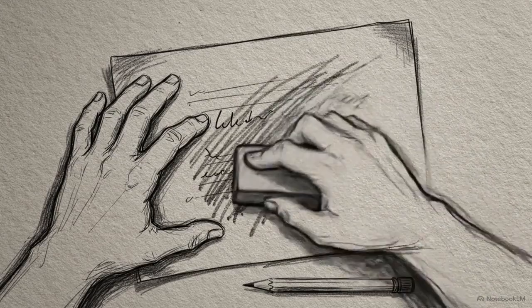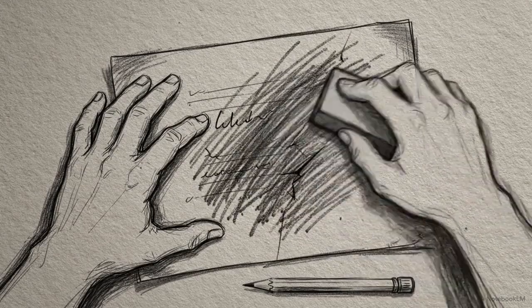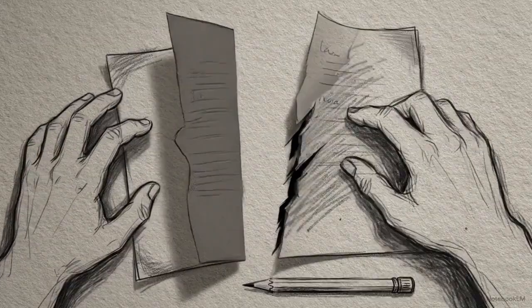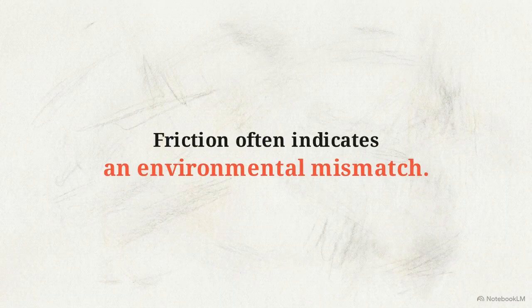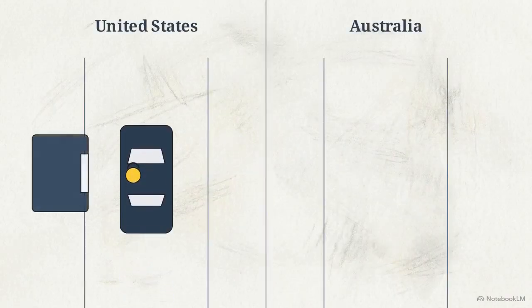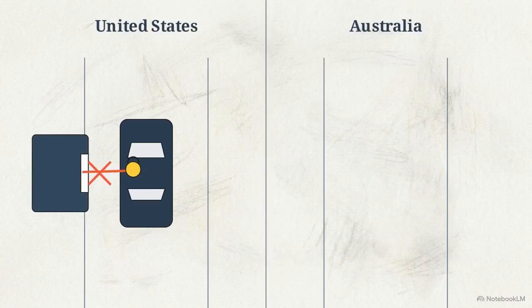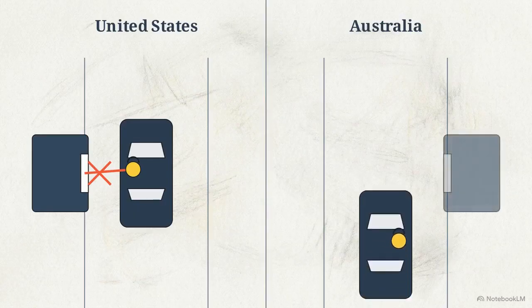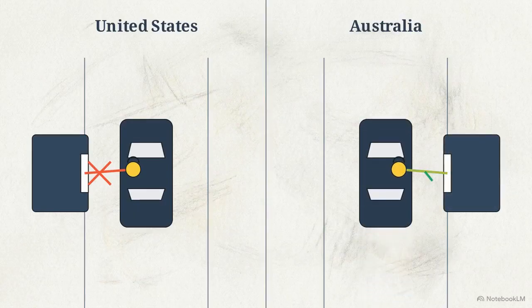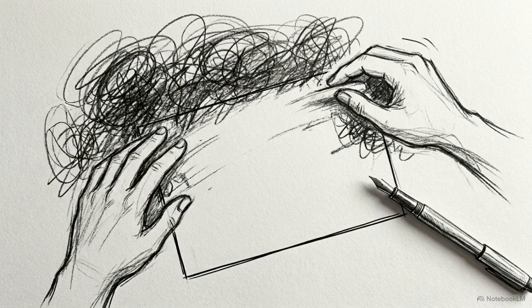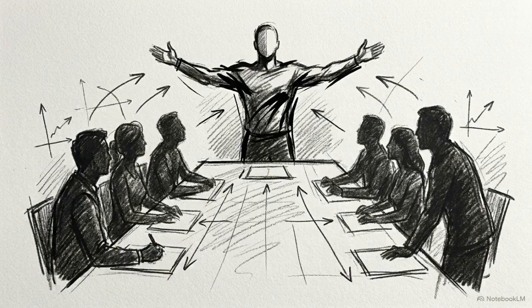You may have spent years fighting an internal trait, pouring energy into a correction that never seems to take hold. Friction often indicates an environmental mismatch. In an American drive-thru, a driver with a restricted left arm struggles to reach the window. But in Australia, where they drive on the left and pay on the right, that same driver functions with total ease. This video provides a framework to find a specific context where your most criticized behavior becomes an asset that